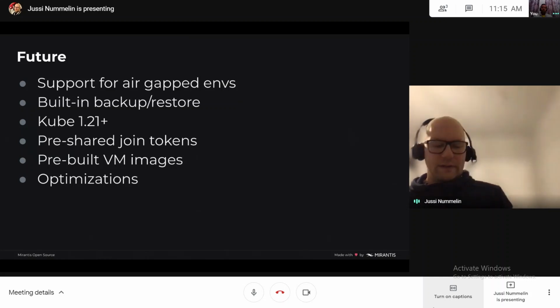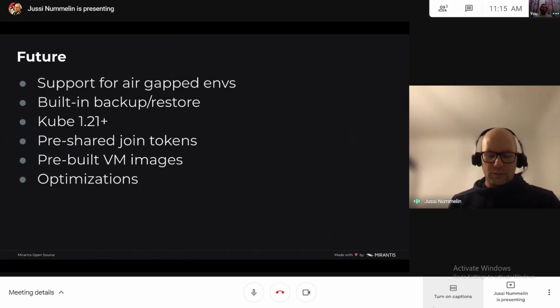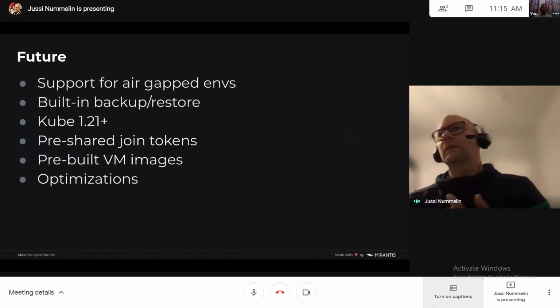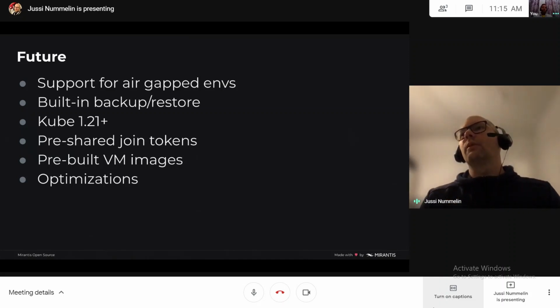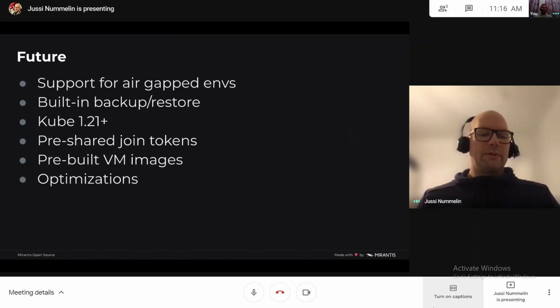But of course it's an open source project, so you as a community have a say in what you need and what you want to have. So just open issues and enhancement requests on what we can do about it. And of course, even better if you open pull requests directly.